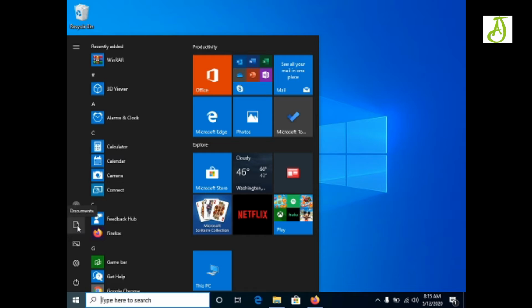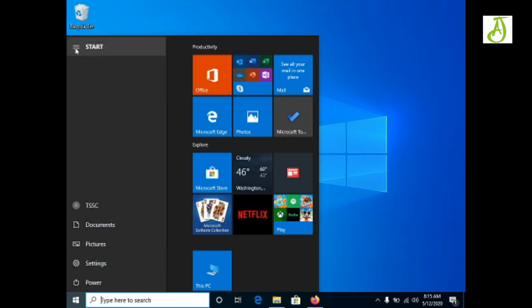Then we have the option of documents, where we can click and see the documents. Then we have a small icon which shows the user name, and if you provide a picture, it will show that picture also. And on the above, if you click here, it expands that section.